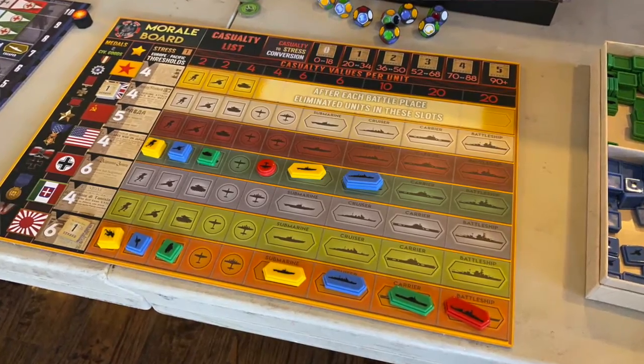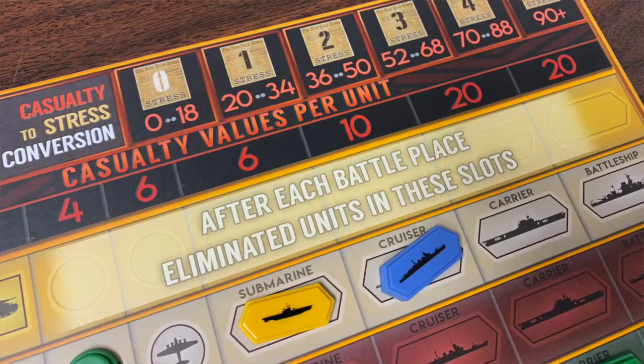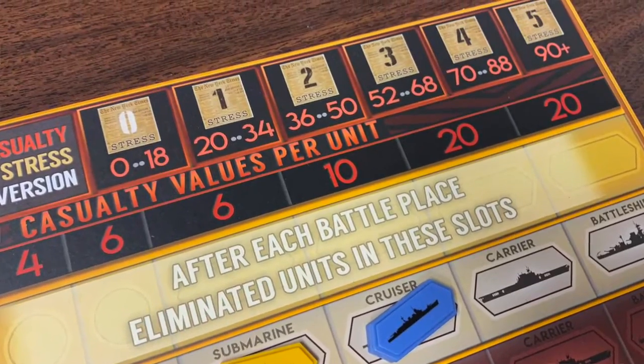Now, Phase 6 is morale. Essentially what's going to happen is you're going to look at all the casualties you take, and you're going to add them up. And each casualty is worth so many points. Like, infantry and artillery are worth like 2 points each. I think fighters and tanks are like 4, but then you get to like battleships, which are worth like 20. So you add up all of the points for everything that has died, has been a casualty, and then you look at that total number against a chart, and that tells you how many stress points you're going to get